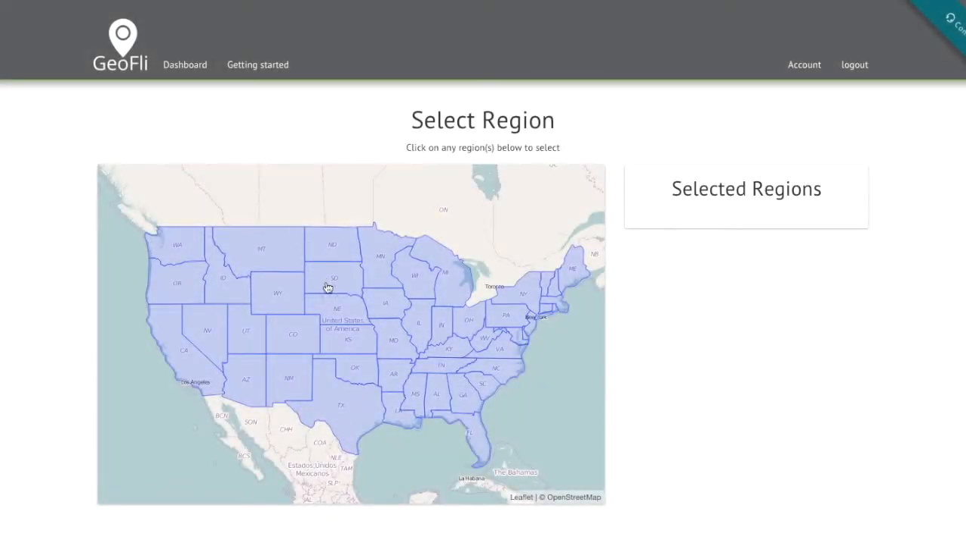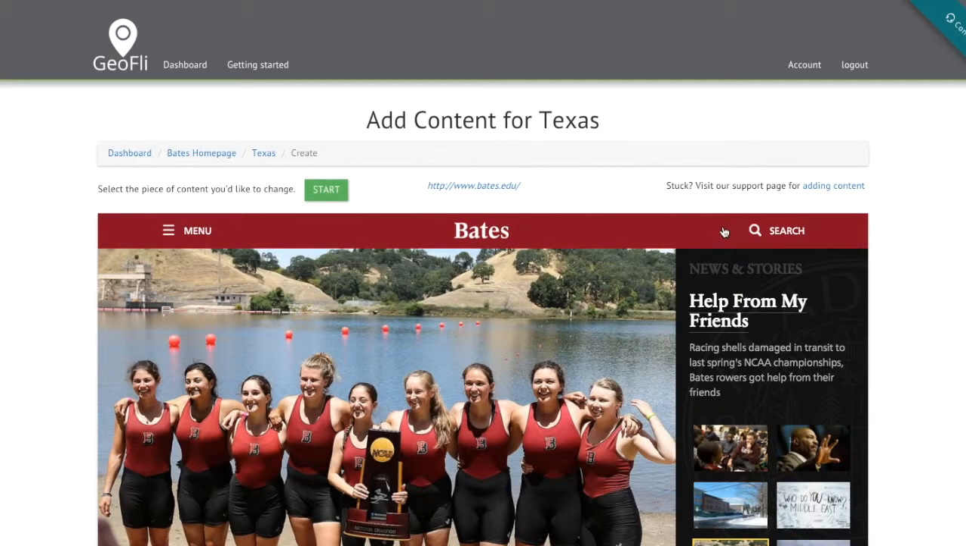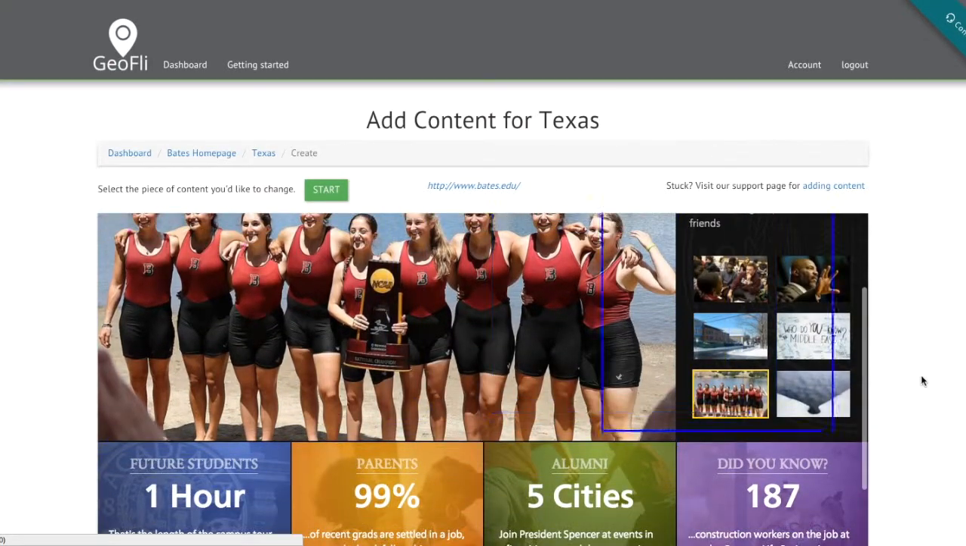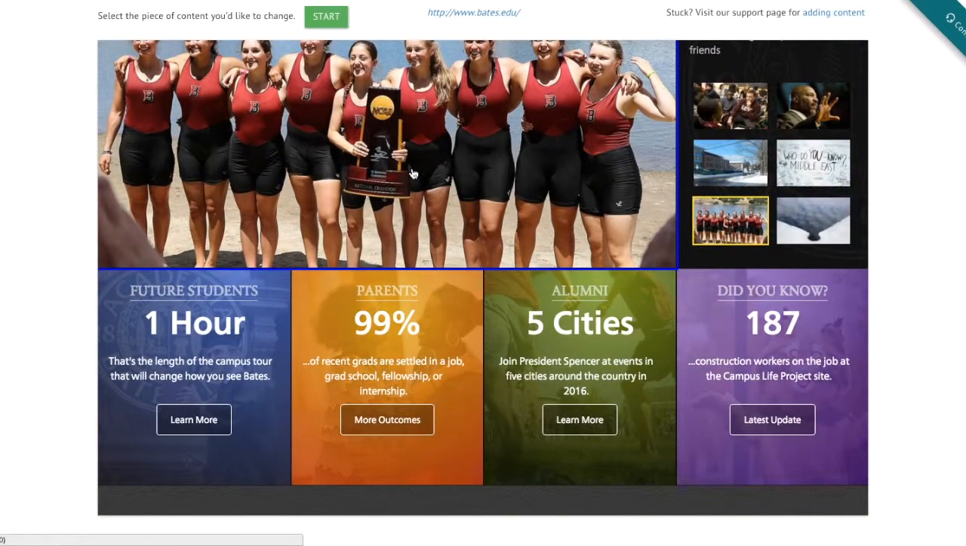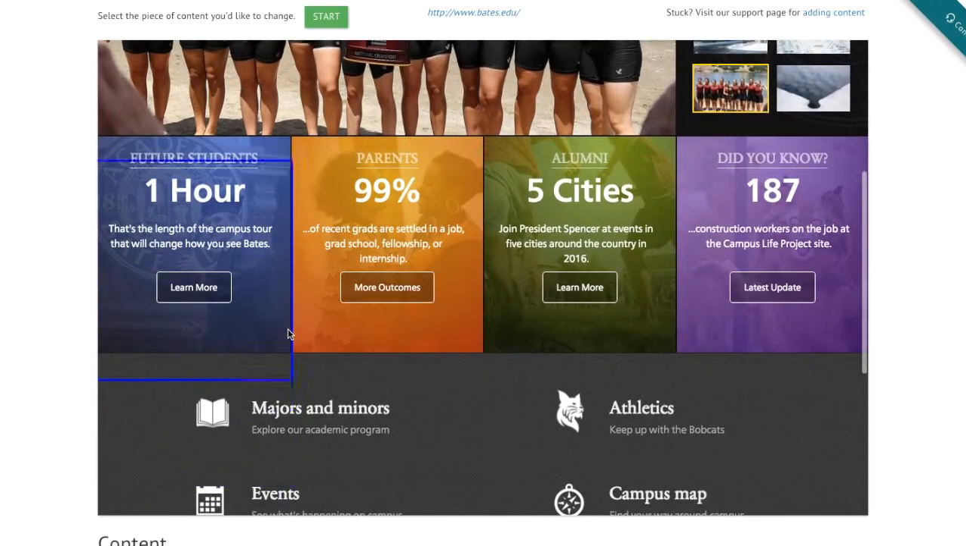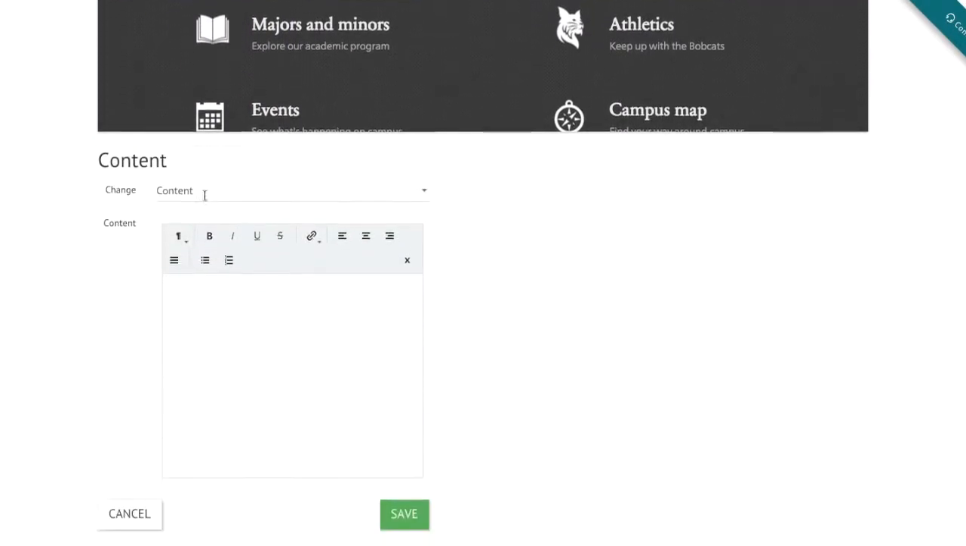First, let's take a look at location library. This is where you can say anybody visiting from this state is who we want to target. So Texas, Oklahoma, South Dakota, wherever that might be. In this example, we select Texas. What we're telling GeoFli is anybody that visits from an IP address within Texas, what content do we want them